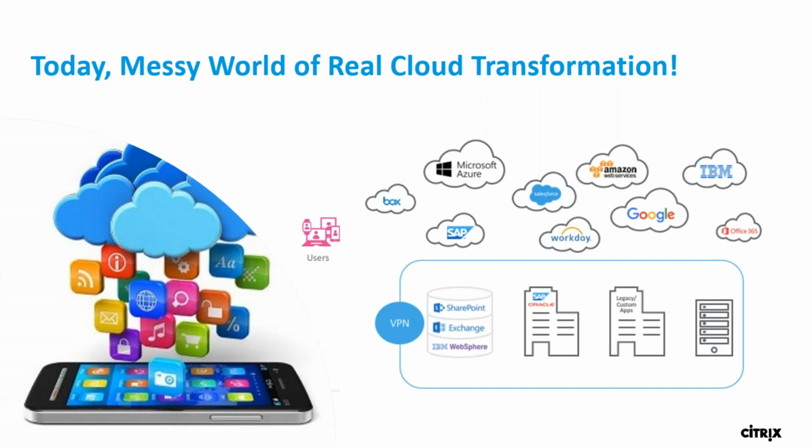Maybe for business-critical applications, you would not want to move them to the cloud. You'd want to have them on-prem and access them with all the cache and so forth, which is easier for you to access. Whereas something like Workday or SAP or Box, you have no choice but to access them. These are SaaS applications that you would want to access from the public cloud